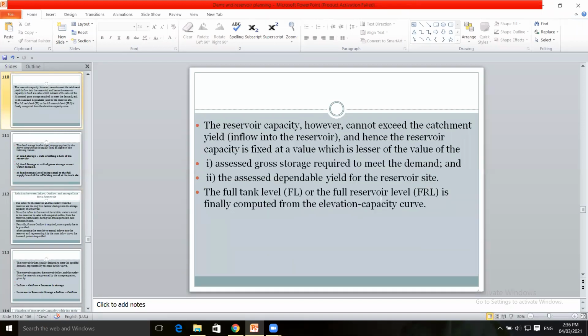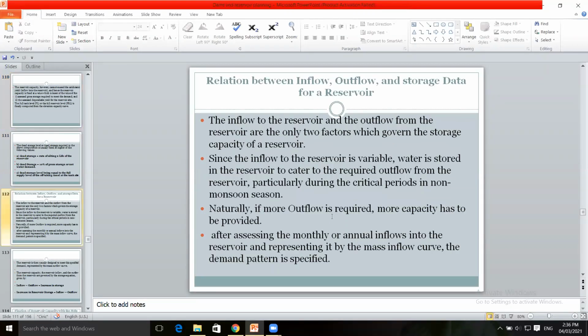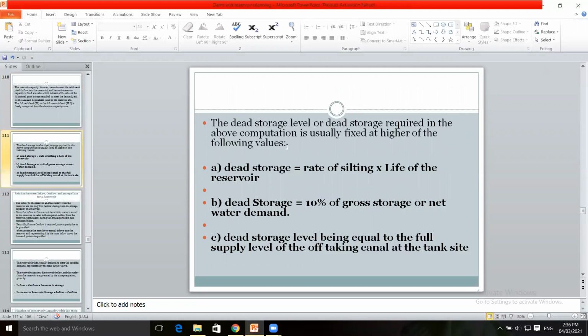The full tank level is determined from capacity elevation curve and dead storage level required in the above computation. Dead storage जे आपण कसं करतो? Dead storage is computed, that is usually fixed at higher of these three values. Dead storage in the reservoir. Dead storage is equal to